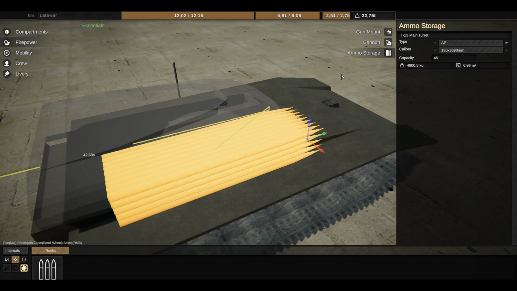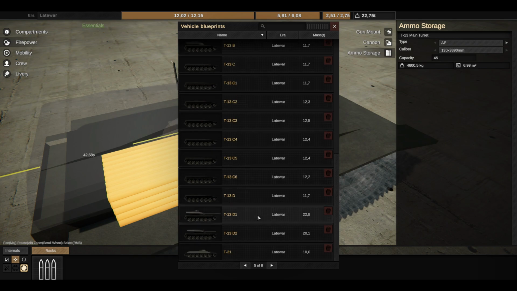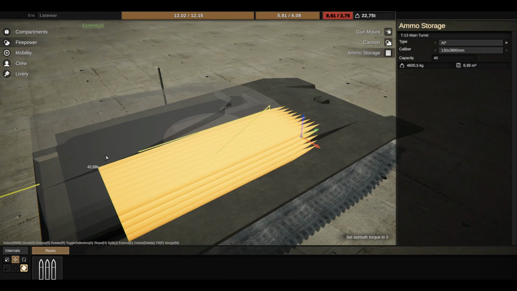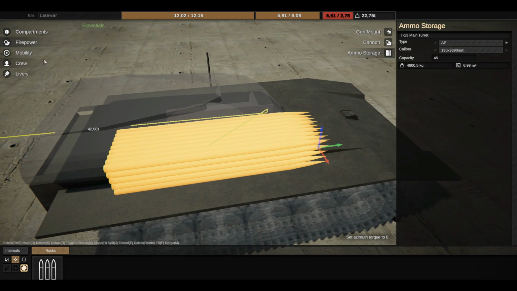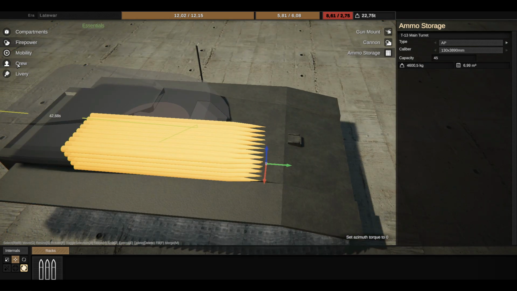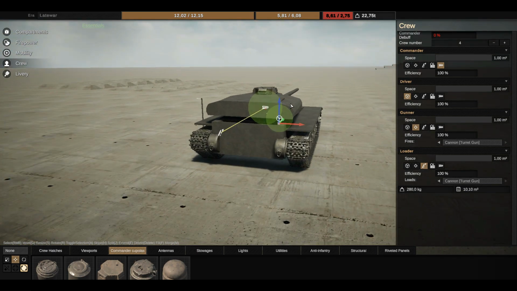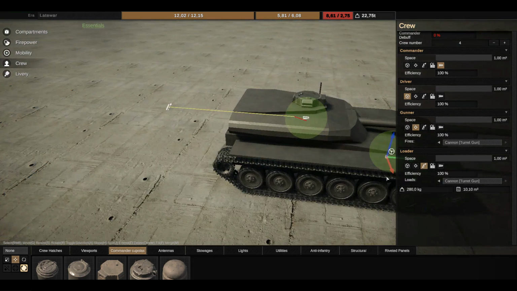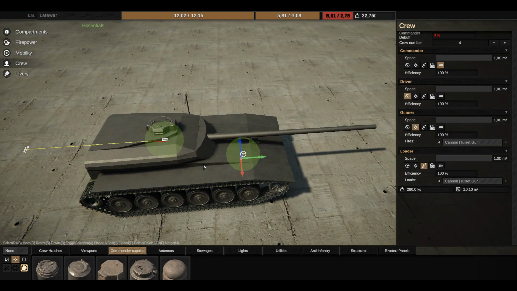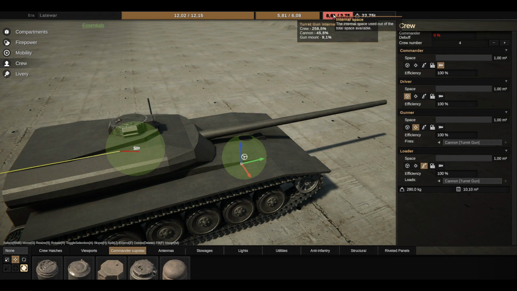I'm gonna save it, go back to the game, and I'm gonna reload the tank. You can see here it's still the same. It's gonna still be the same, but your loader has a lot of space. You can see it over here. No, it's not very visible. Yeah, now it's visible. It's a lot of space. Anyways, so now the loader has a lot of space, and you can notice it in the